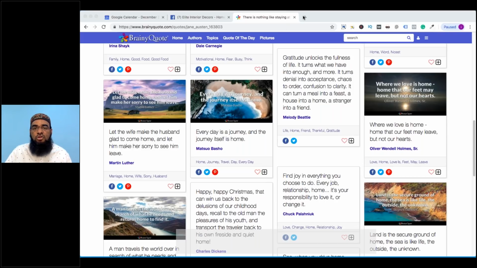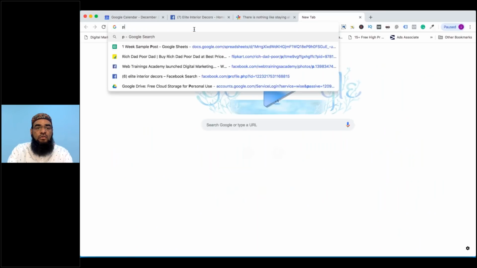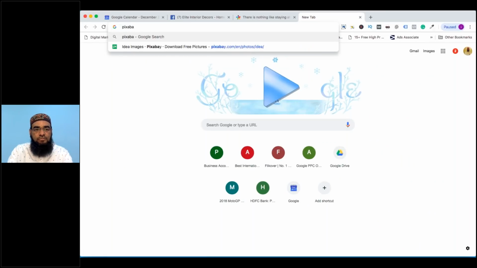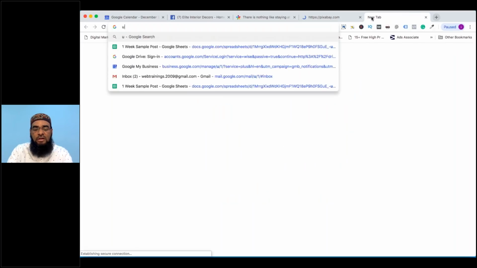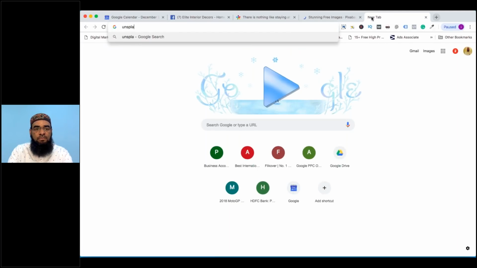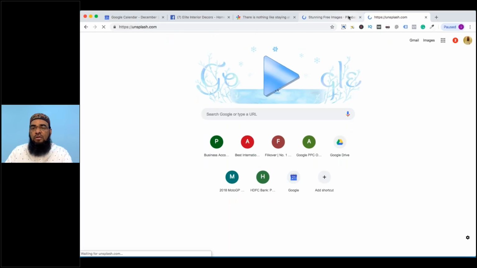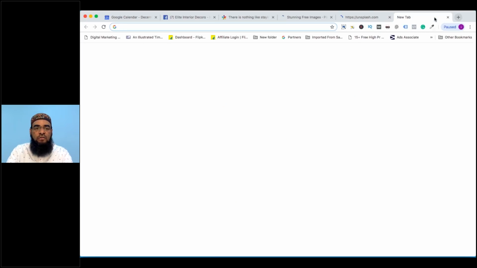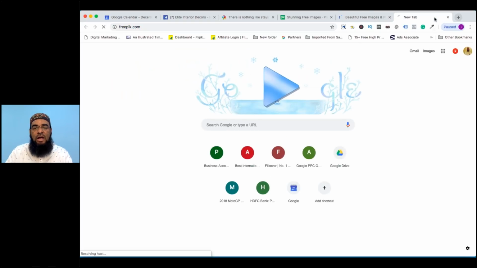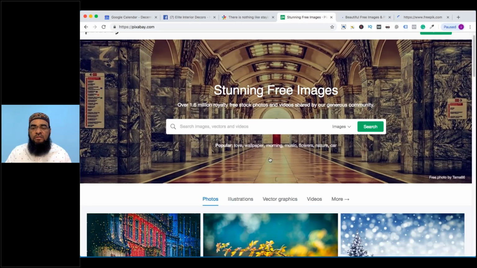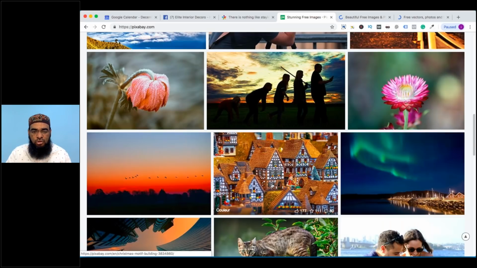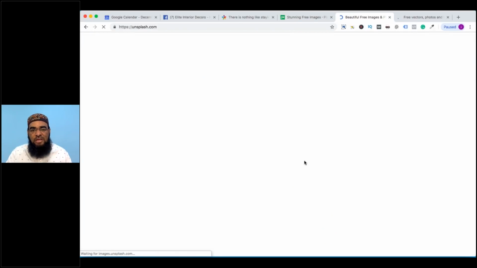And if you want picture ideas, I would like to go with pixabay.com. That is one website you can target, or unsplash.com, a great website for getting amazing pictures, and also freepik.com. I would suggest Pixabay for quality pictures according to your topic and your post, and Unsplash the same way.